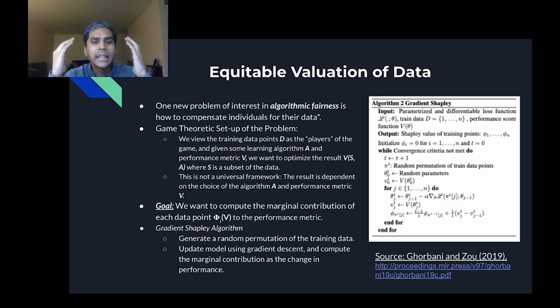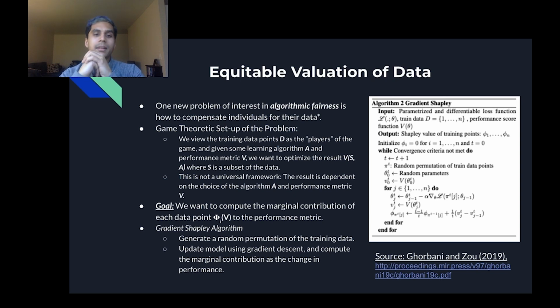And so there's this one idea in algorithmic fairness of how do we compensate individuals for their data? The idea being that Google and Facebook process all your data and they make lots of money off it. You should be able to be earning some interest on that. If they're making money off your data, you should be rewarded for your data. There's a lot of ethical and moral qualms about that. We won't get into that at this point, but it is an idea that's being discussed. Whether it's a good or bad idea is beyond the scope of this talk.